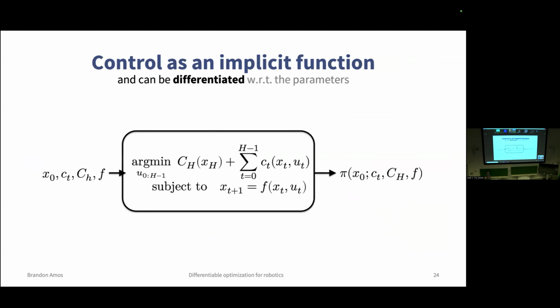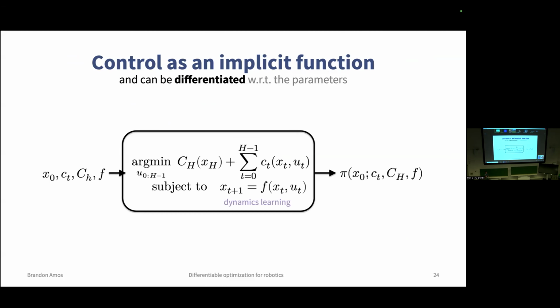I'll briefly pause here on this: this is discrete-time continuous control, and it's just the perspective of it being an implicit function of the initial state, costs, and dynamics. And the idea is that solving this control problem optimally gives us some implicit function or policy of these.